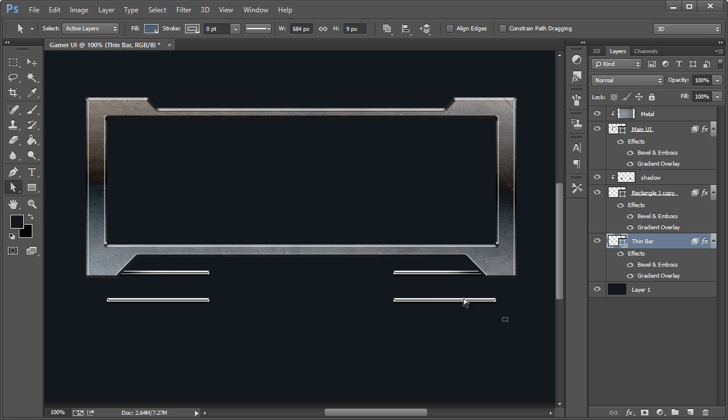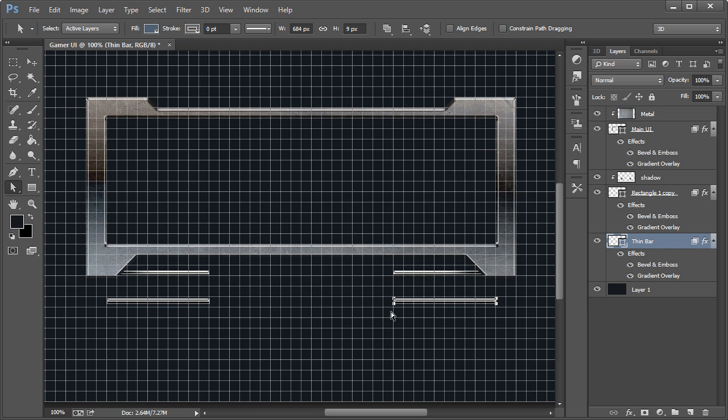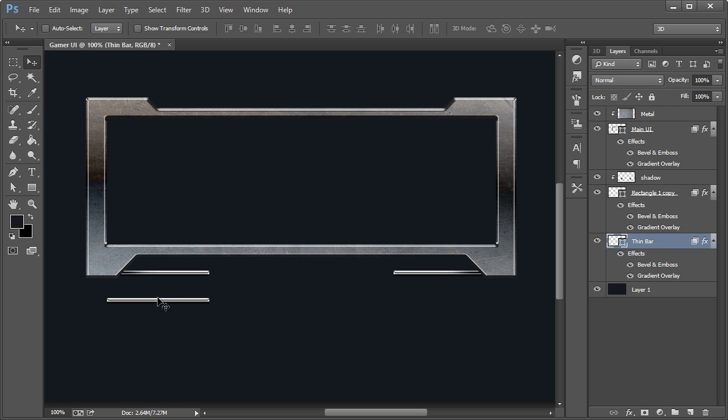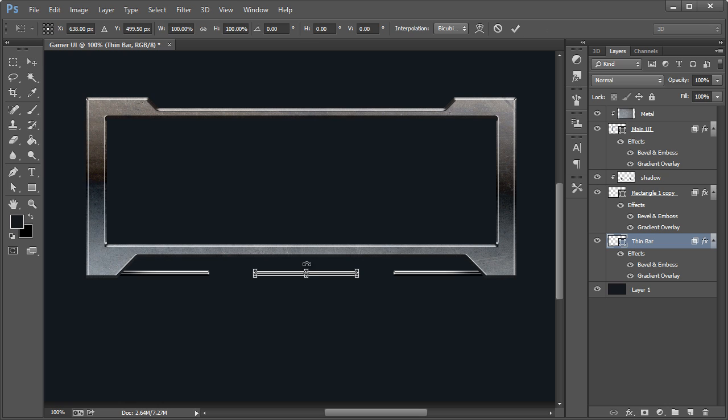So we take the direct selection tool, select it, and of course it selects both of them. There we go. And if you ever want to do the view extras, the hotkey is Control-H. So yeah, we just want one of those, and it's going to be a tad bit thinner. So if you Control-T and hold Alt, and then just drag it in slightly. Now hit Control-T again, and we want to hold Alt and drag it